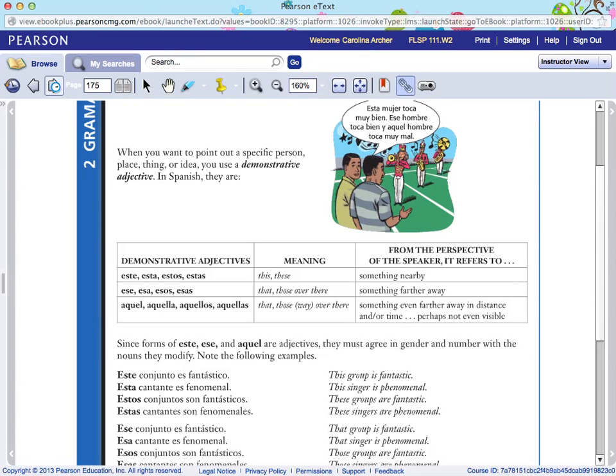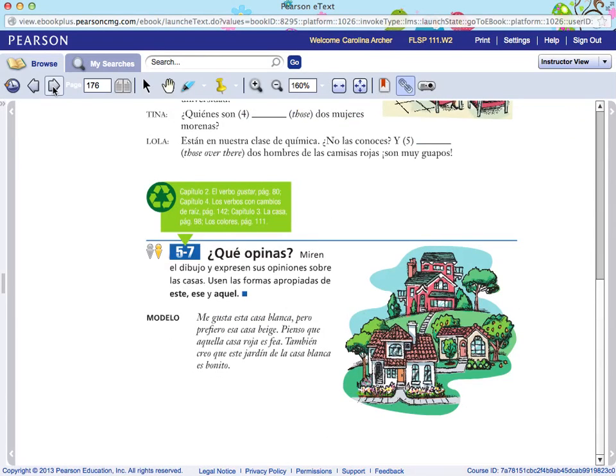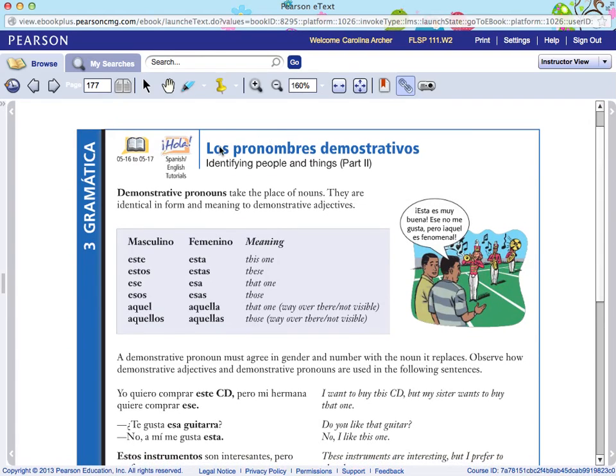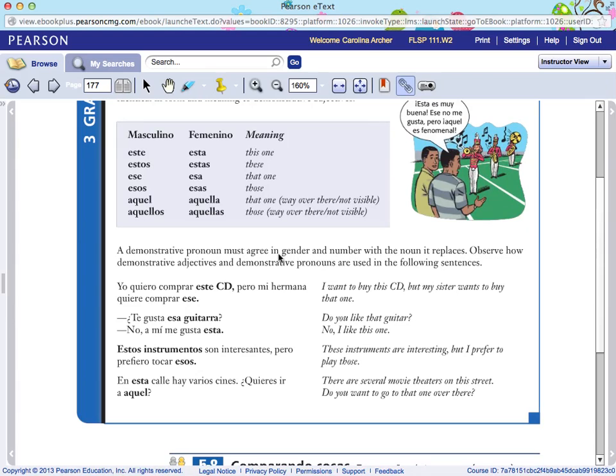Okay, so we have a few activities with this for you to practice, and then we are also going to cover, because they're exactly the same, the demonstrative pronouns. You know that pronouns, los pronombres, are words that replace nouns. That's why they're called pronouns, okay? So they replace a noun, so the noun doesn't have to be there because it's replaced by a pronoun. And they're exactly the same, so that's good news. They're exactly the same. And it also has to agree in gender and number with the noun that it's replacing,